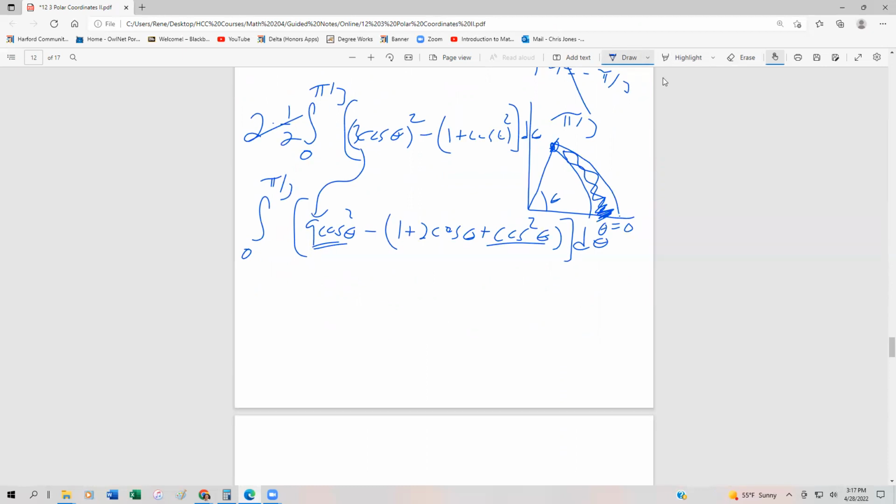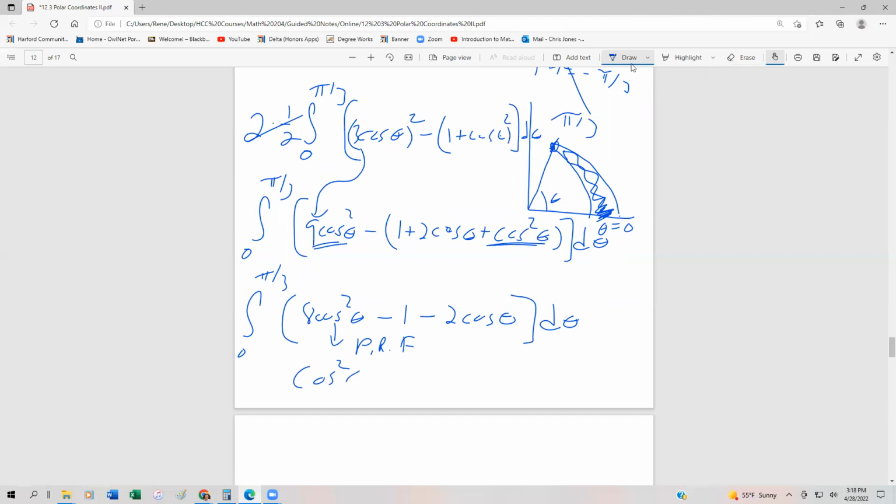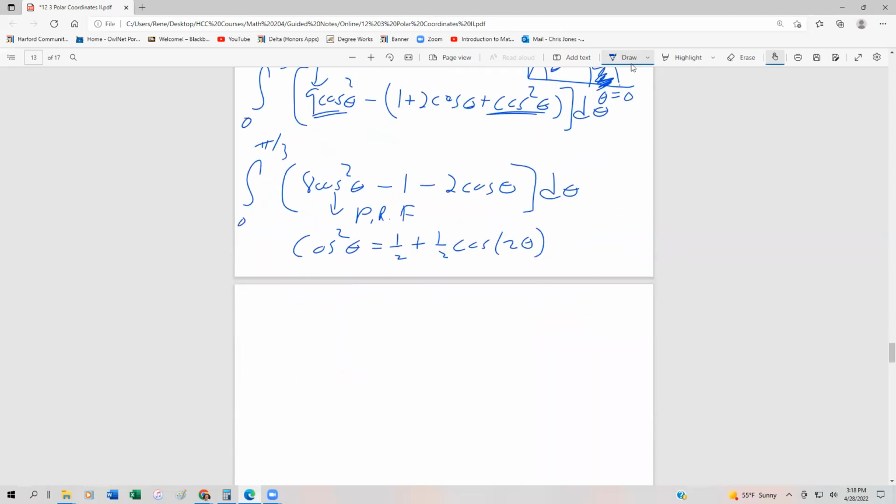And when we combine this 9 cos with this negative cos, we're going to get the integral from 0 to pi thirds of 8 cos square theta minus 1 minus 2 cos theta, d theta. All right. Now, we're going to have to use the power reducing formula on that 8 cos square of theta. Remember, cos square of theta is equal to 1/2 plus 1/2 cos of 2 theta. Right? And so we're just going to substitute that back in, and we get 0 to pi thirds